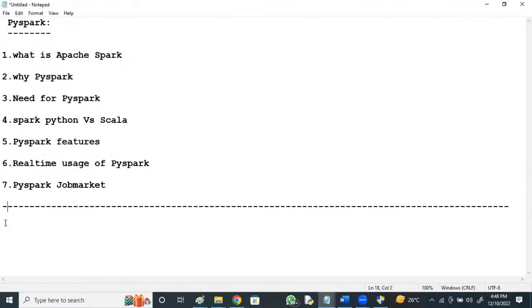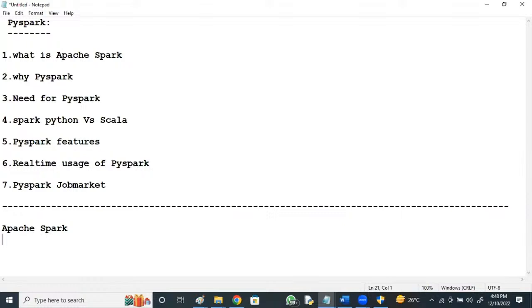So what is Apache Spark? I can say it is an open source distributed cluster computing framework introduced by Apache Software Foundation.